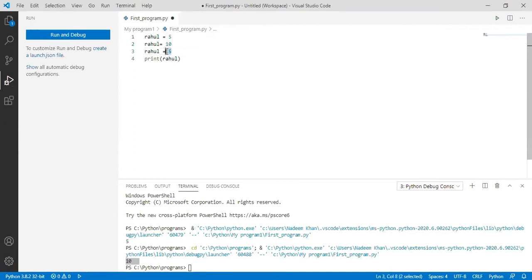What is my point? Whatever the value here, if we change this, the value for this will also get changed. So it is changing. It is not constant. So what is it? It is a variable.